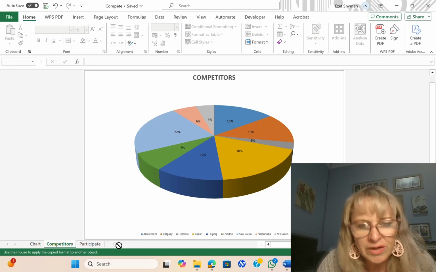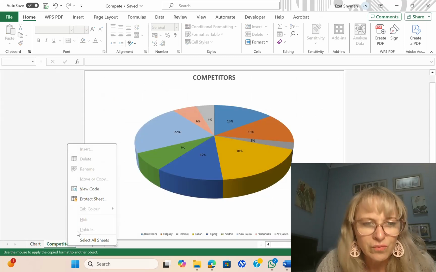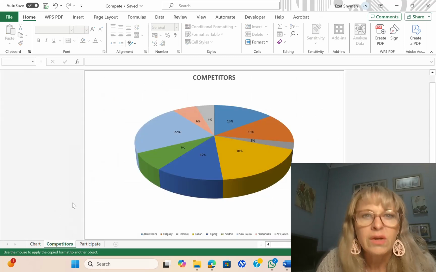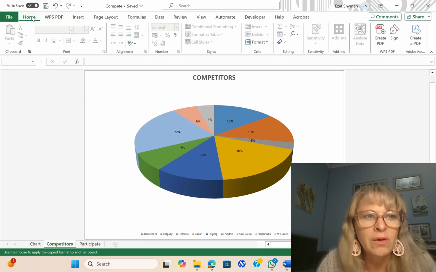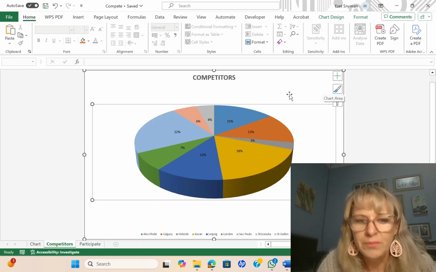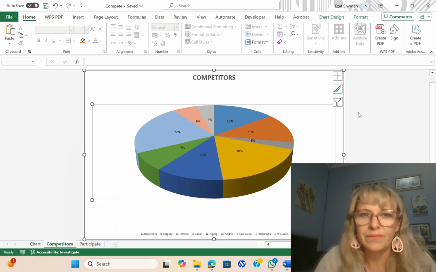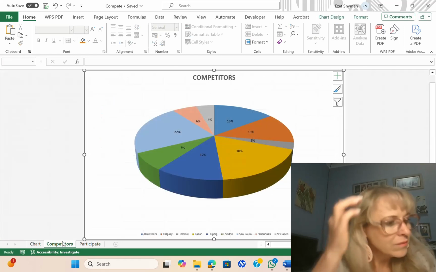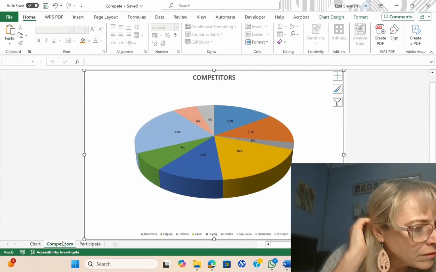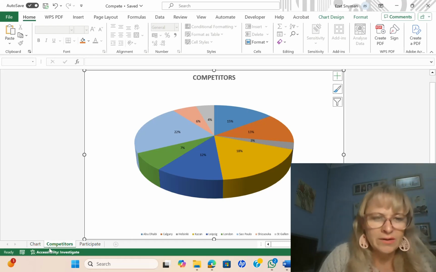Move it to the end. So how you move it to the end is you drag it. Which is now where? Insert. I just want to see your home. Competitors. Click on the worksheet, move to the end. Okay, let's just see here.